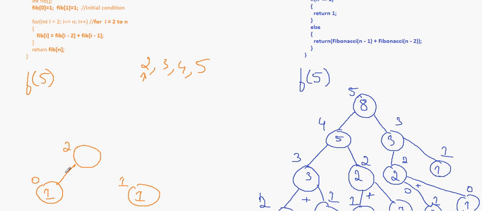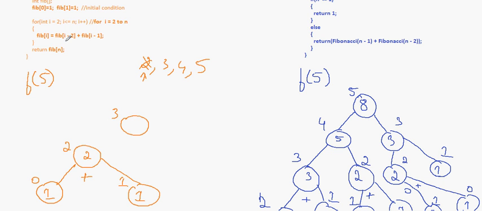So 0 and 2 minus 1 is 1. 1 plus, so we add it, 1 plus 1 is 2. And then we go to 3. Fibonacci of 3 is